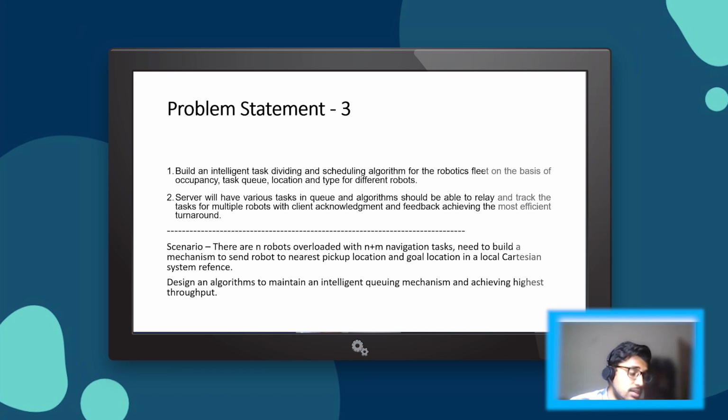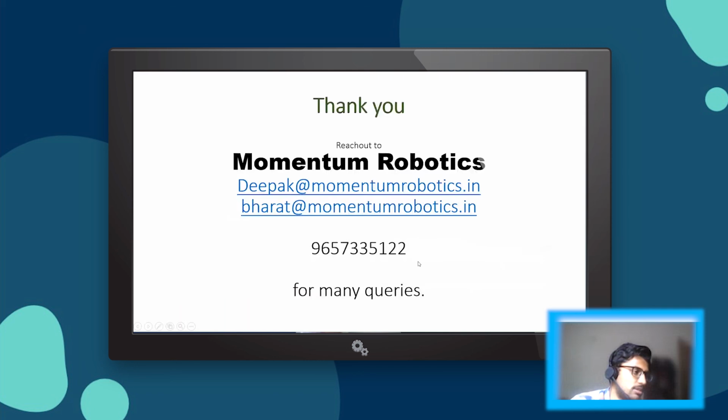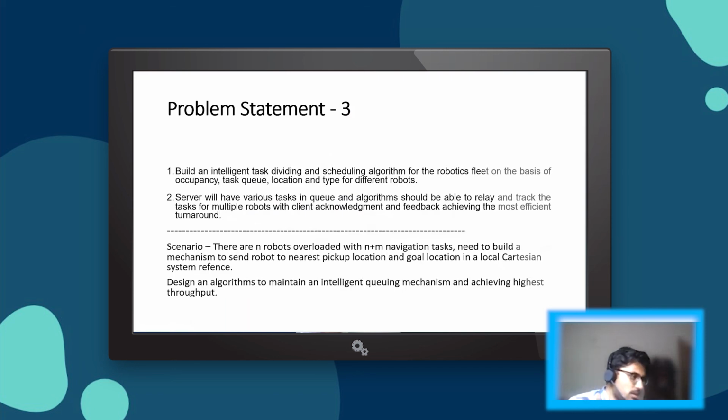So for reference, this will not be the GPS case here, but rather it will be a local Cartesian system. So if you are taking this map as a whole, you will be taking one local Cartesian reference. Might be this will be x0 y0, and going just down it will increase x, or going left it will increase y. So it will be the same reference. So this point may be 3,5, this point may be 10,15. So this will be the reference. Taking this reference, you need to design a certain algorithm.